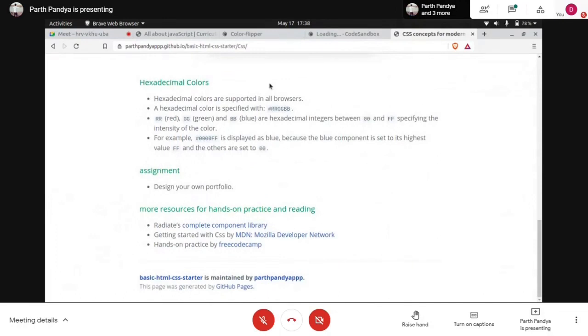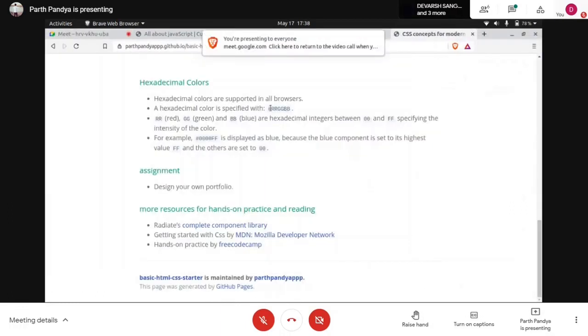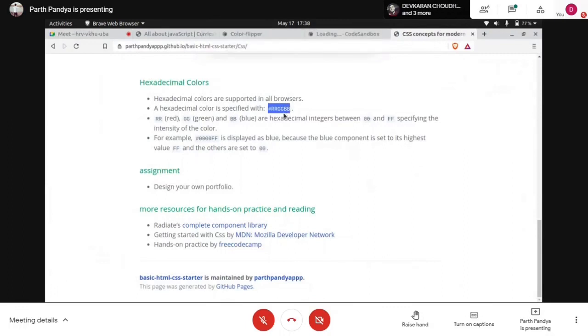This is the hexadecimal colors concept, and it should be very clear to you when you are using colors in CSS. Hexadecimal colors are supported in all browsers. A hexadecimal color is specified in this format: hashtag RRGGBB. You know that colors are made up of RGB, and this is the particular format we have to follow with hexadecimal colors.